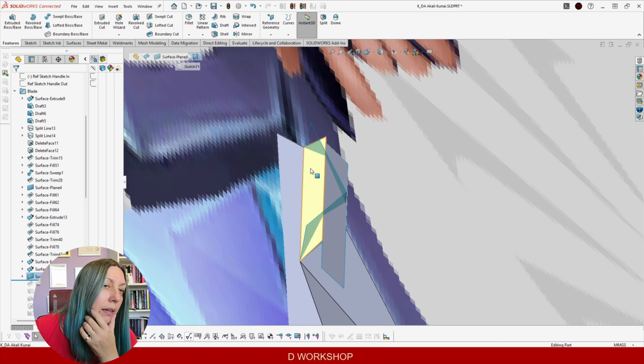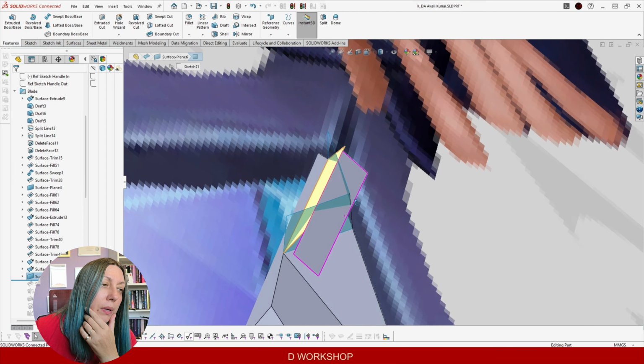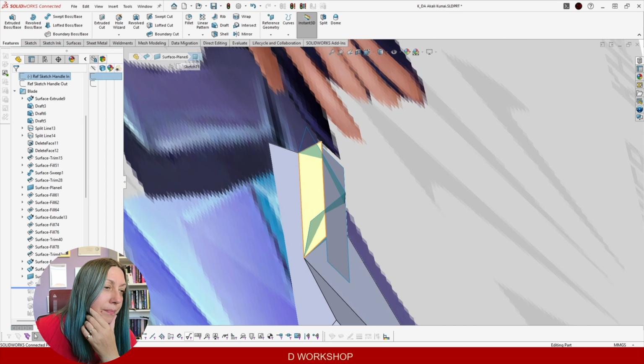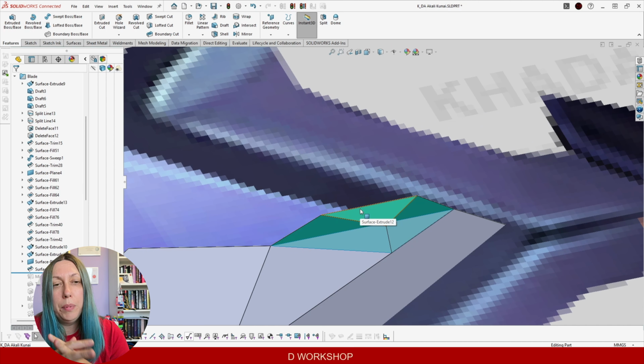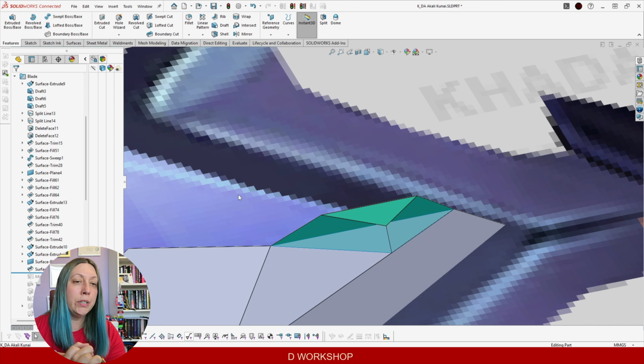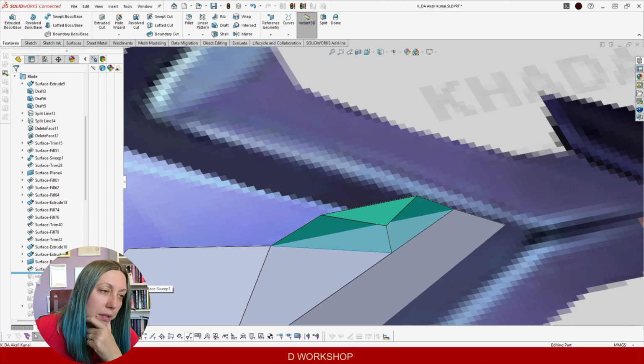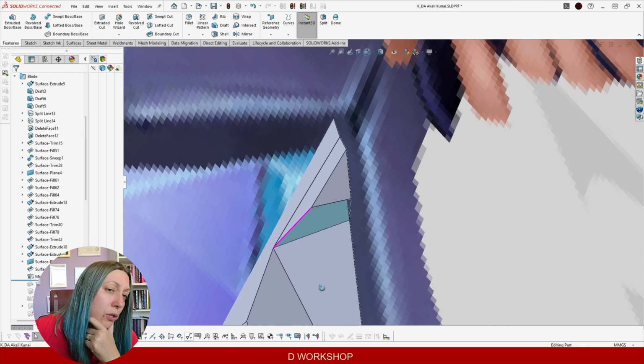Then I fill this with planar surface, and I combine them in the top part of the gem. At the beginning I was actually combining this with the bottom, which is our blade, but then I decided that I can separate the gem and print it from another material, so it's more realistic. That's why I just